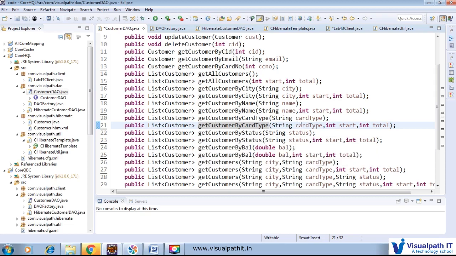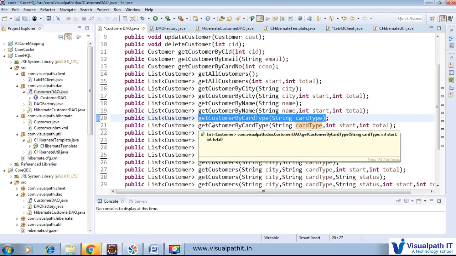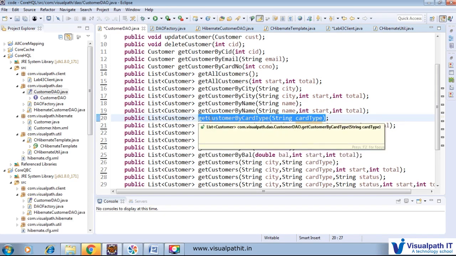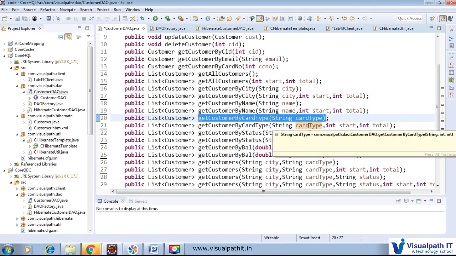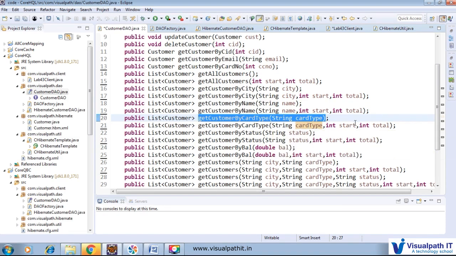The card type we will provide, because this method is responsible to return all the records, and here there is a chance of getting a huge number of records, and we are not going to handle huge records at a time. So in the next method we will provide a start value and total value.